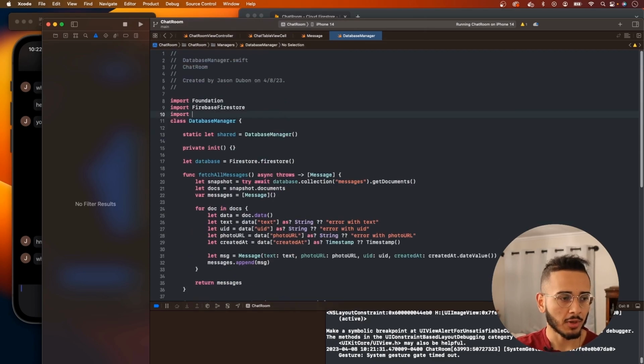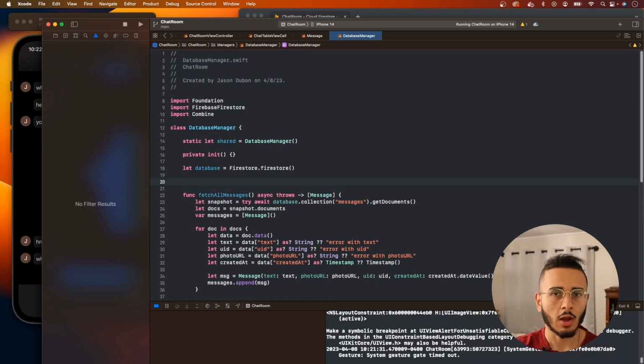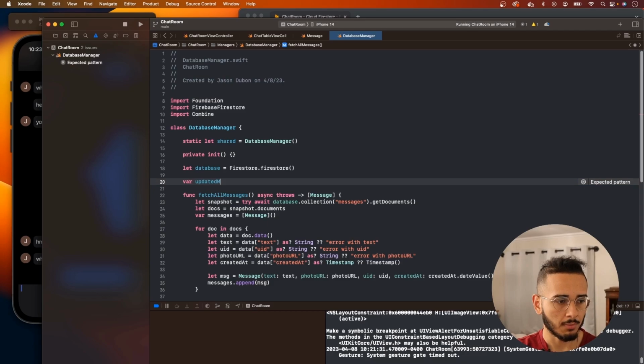And let's bring in Combine. We're going to need that, because not only do we want to listen to changes, but we need a way to pass those changes to our view controller. And we're going to use Combine to handle that. So we're going to create a publisher. Var, we'll call this updatedMessagesPublisher. And we can just set this equal to PassthroughSubject,